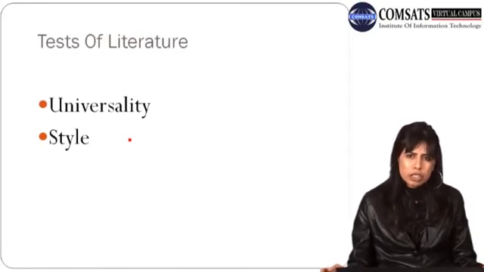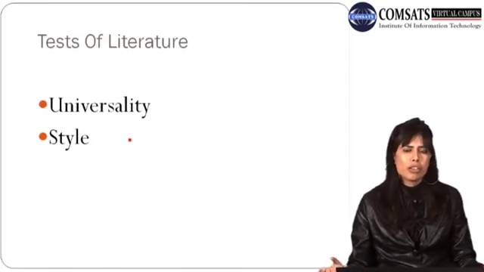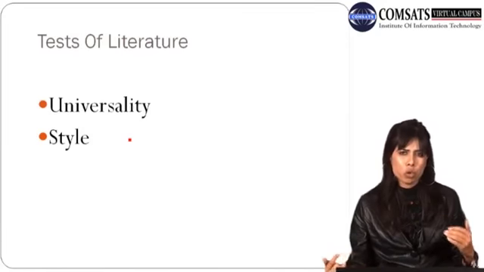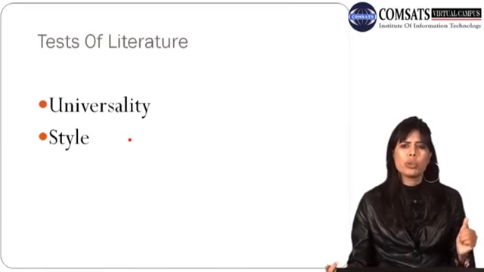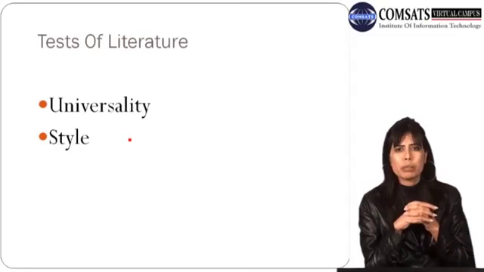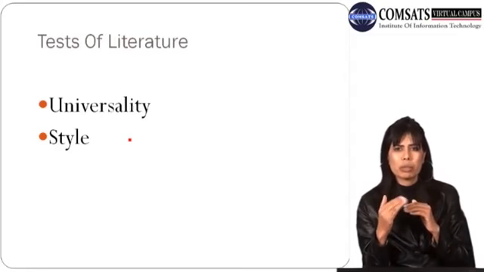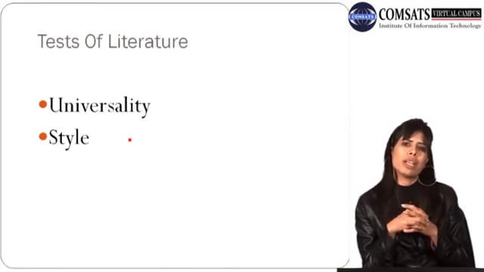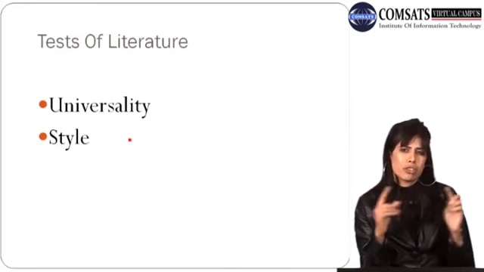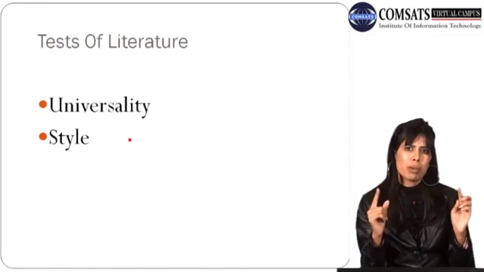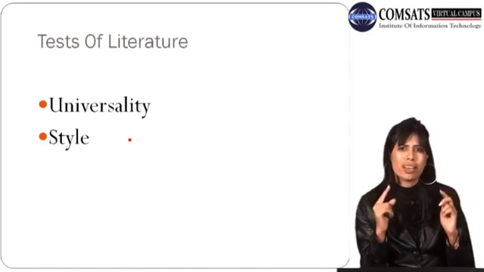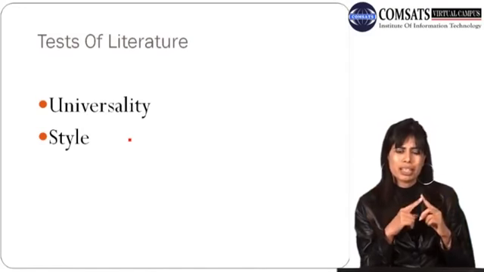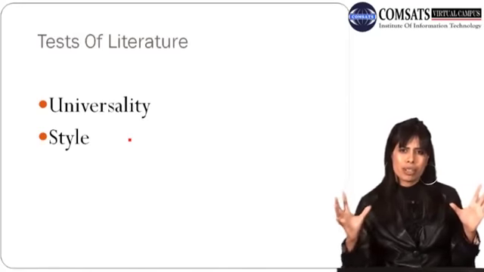As far as style is concerned, every literary genre has its own particular style. Although we cannot say that style is very much restricted to that genre, we cannot violate the rules of any literary genre. So this is not necessary, but you can test literature on the basis of universality, that it is universally